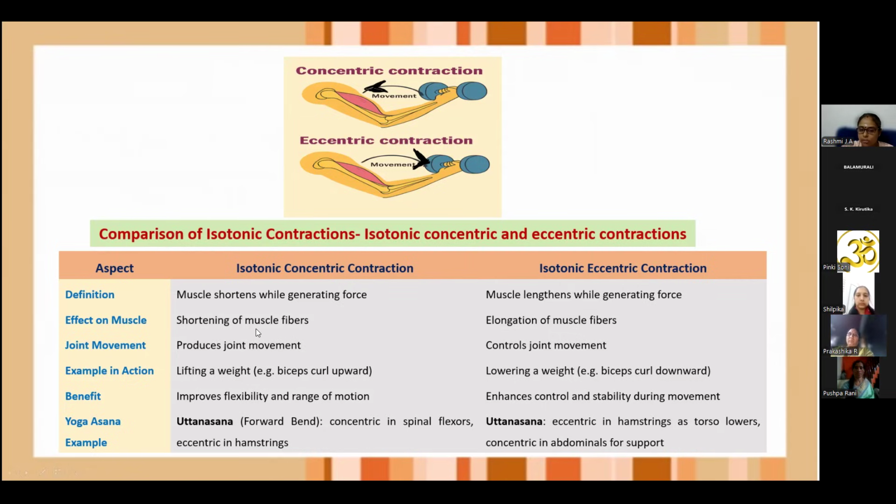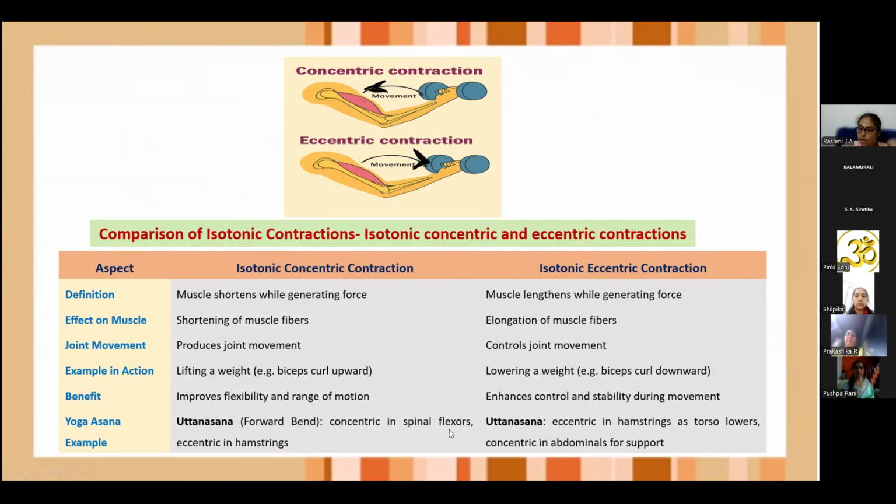Then effect on the muscle: it shortens the muscle fiber. Eccentric elongates the muscle fiber. Then joint movement: it will produce joint movement. Eccentric, it will control the joint movement. Then example I have already told you. Benefit: improves the flexibility and range of movement. Here it gives stability. So example in yoga asana, Uttanasana, when you do the forward bend, you see concentric in